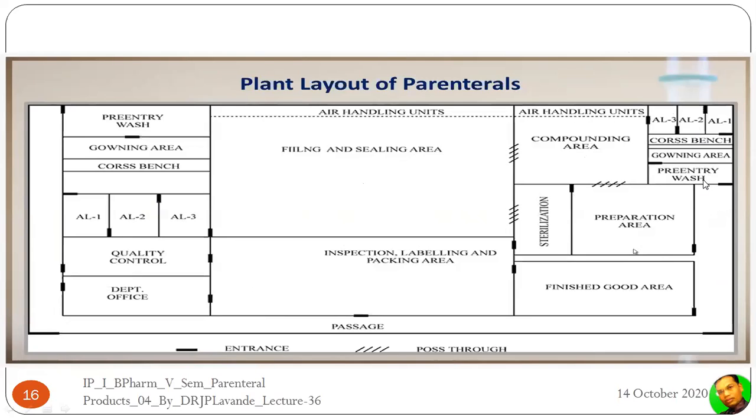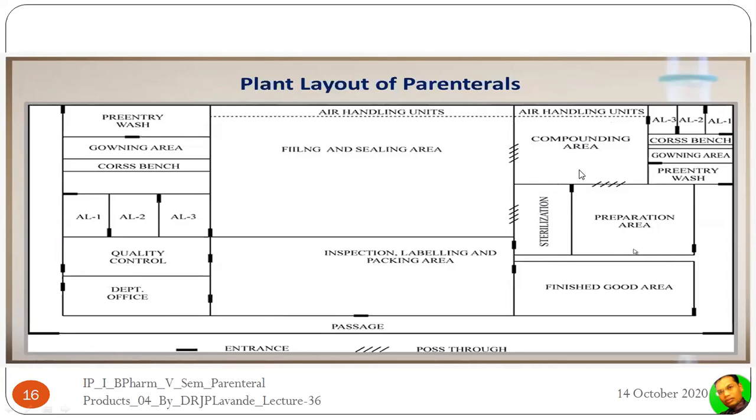through the pre-entry wash into the gowning area where they can remove the outside clothing. Here they can wear the foot covers, the mask, the hood, gowns, everything. They have to remove all their outside wearings, clothings, ornaments. They should not wear cosmetics. They should not have clothing that sheds. Once they change all these, they will pass through the compounding, sterilization, preparation, and